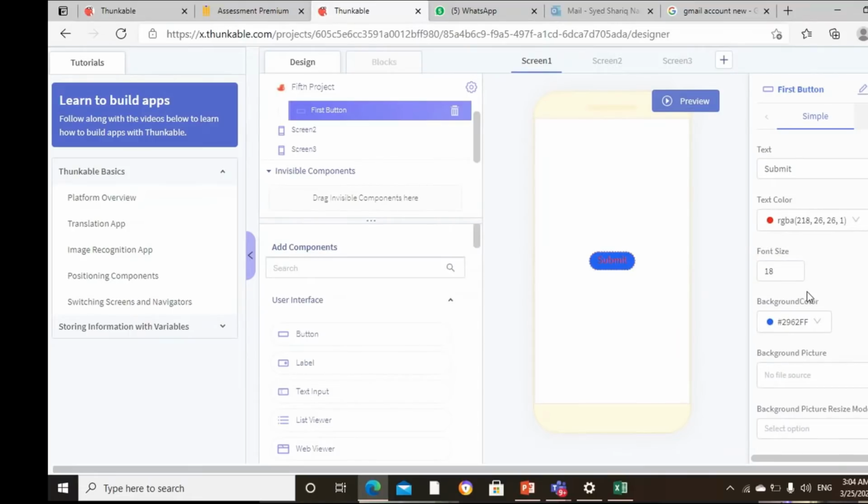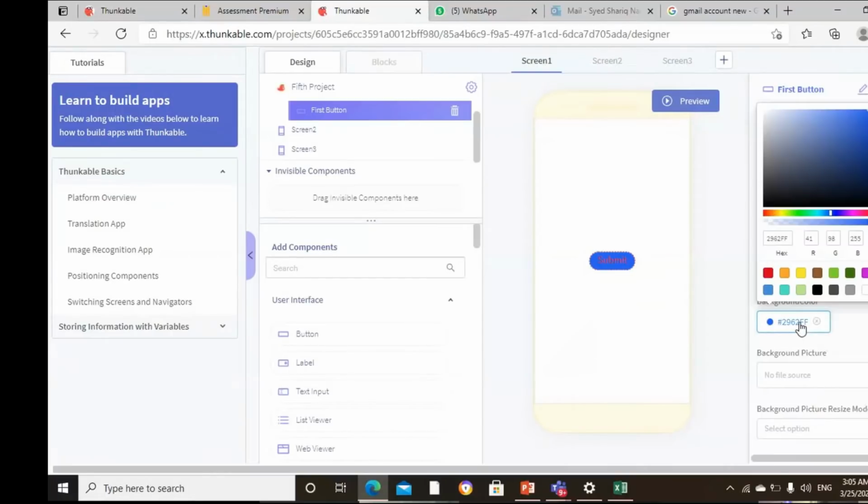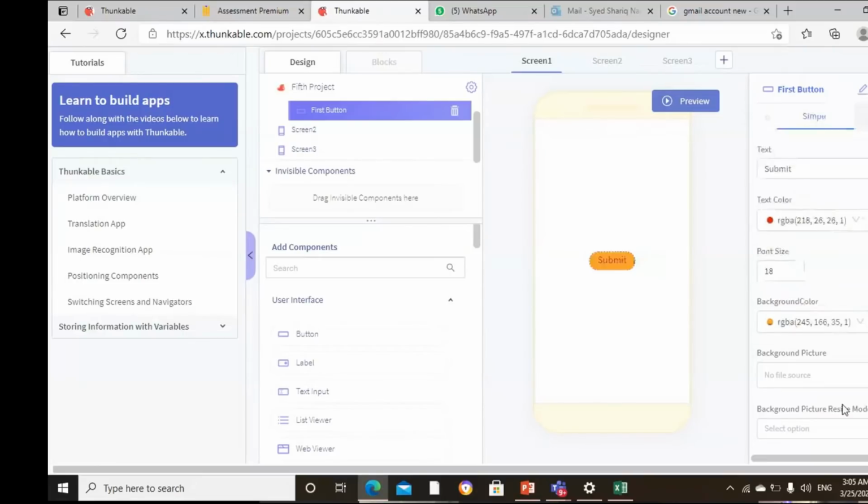Here you can change the font size, you can make it big or small. This was the text color, what it's written. Here you can change the background color of the button. Suppose I make yellow. Okay, that's it.